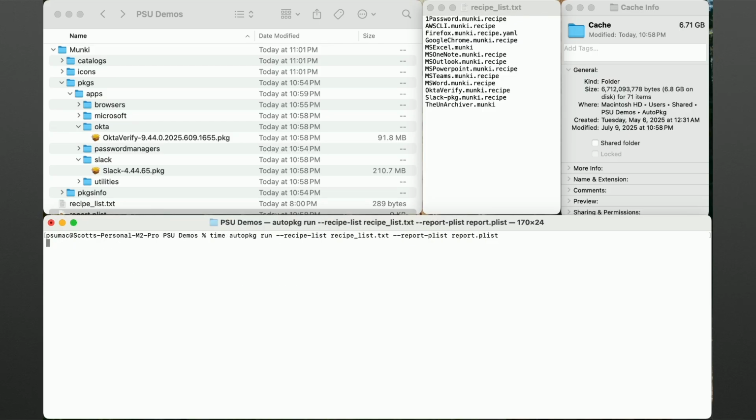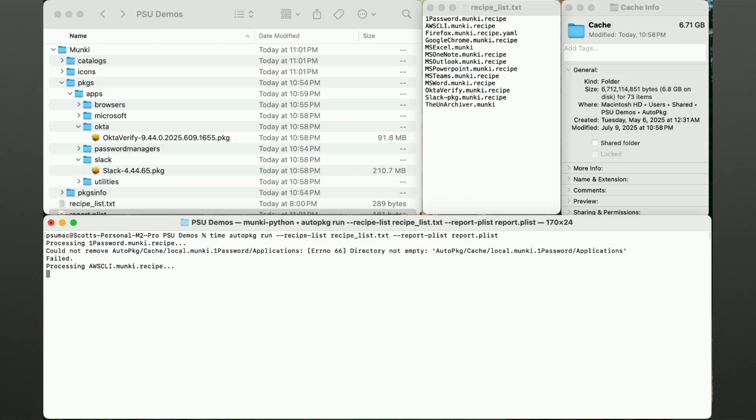Yes. With regards to time savings, one thing that I previously observed, we were hosting our AutoPkg instances at the